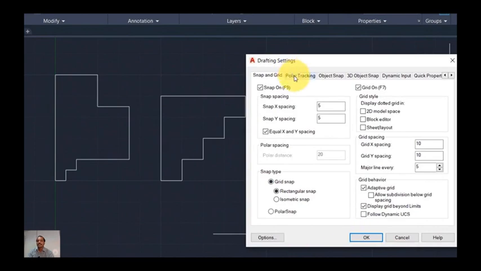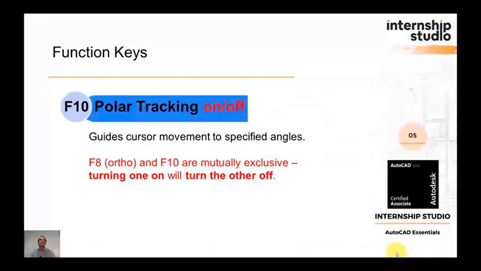Okay. Next is polar tracking. Next function key F10, polar tracking on as well as off. So what will it do? Polar tracking will control the movement of the cursor in a particular direction. We discussed ortho F8, which is used to control the movement of the cursor only in the X and Y direction. Now this is F10. We are going to control the movement of the mouse or cursor along a particular direction